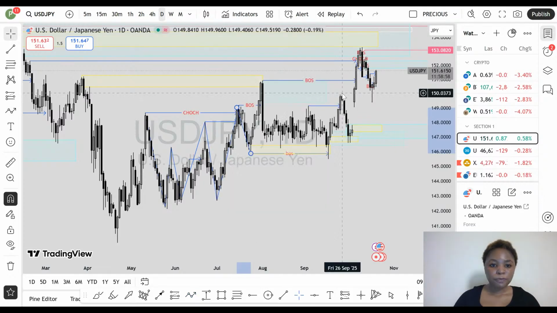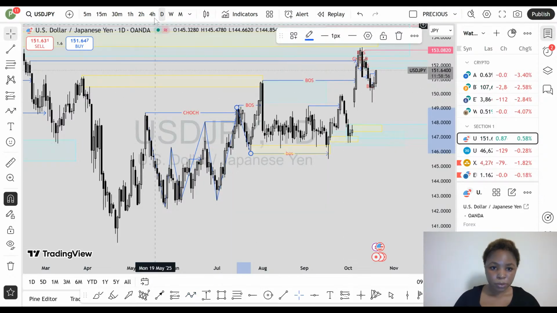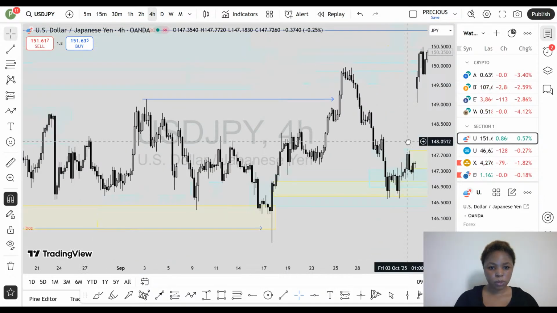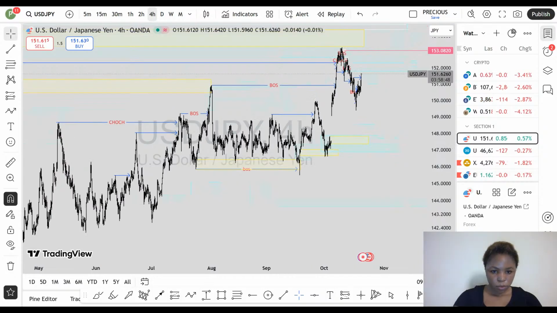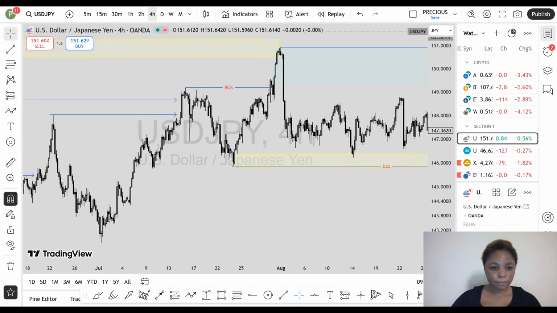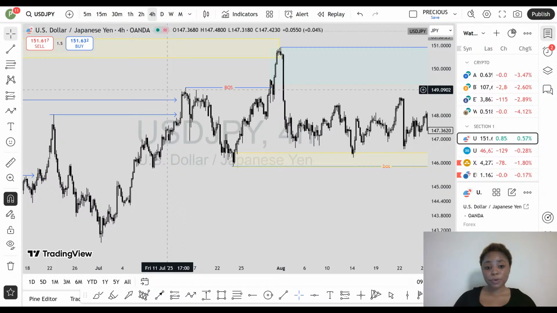Let's go to the 4 hours. Let me show you what happened here. So markets pull back into this level. You can see on 4 hours we have a break of structure here, the one I marked on the daily that I said is a daily internal break of structure. Where we have a break of structure, we have an opportunity to trade from. So market reacted from our daily bearish order block,